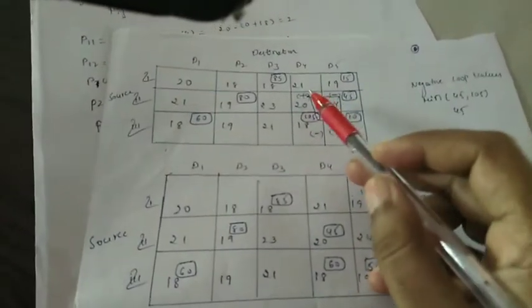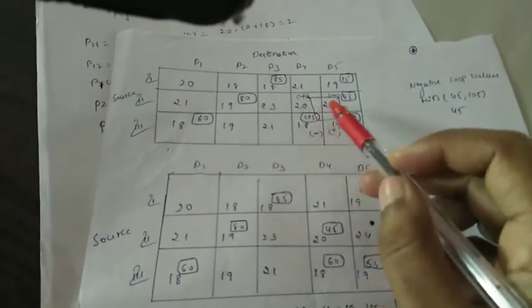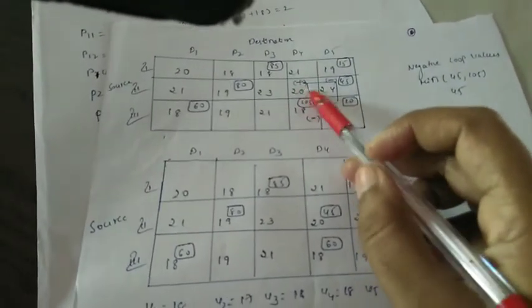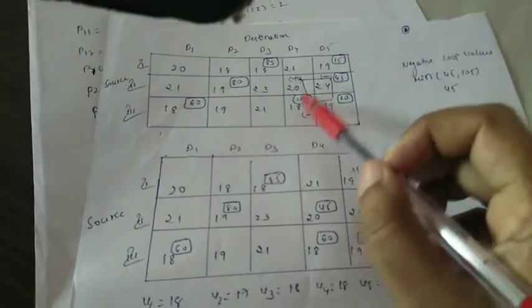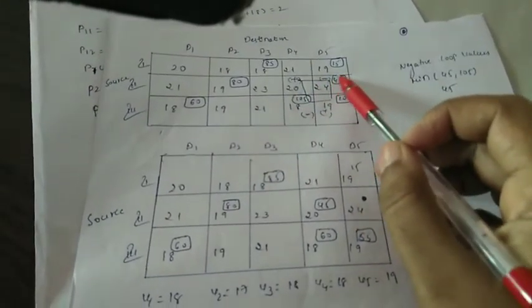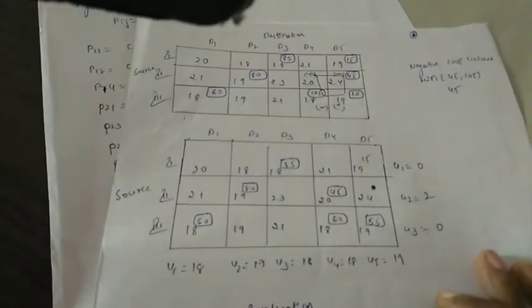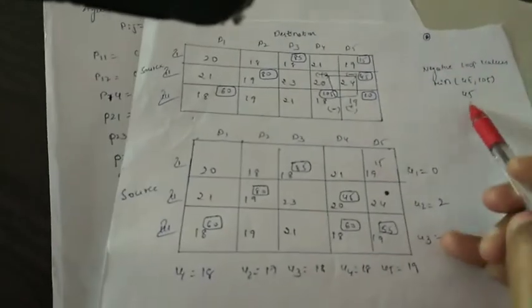In our negative values, take the highest value, highest value -3, that is C24 value, and form a loop with horizontal and vertical lines through the allocated cells, and start with the positive. So the negative values of this loop are 45, so allocated values 45 and 105. Here we will consider the minimum value. So of 45 and 105, the minimum value is 45. Okay, so 45 is our minimum value, right?